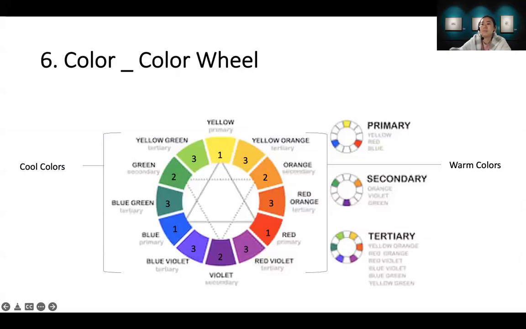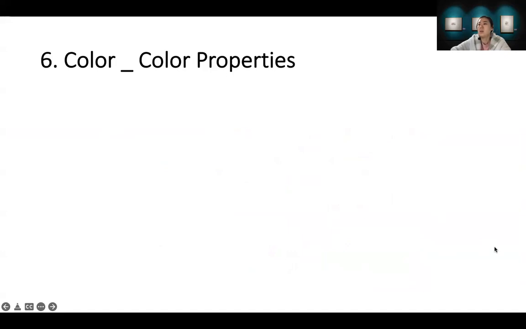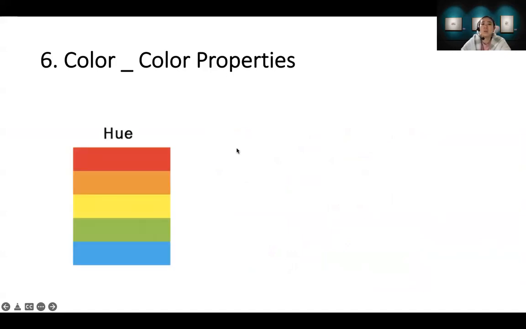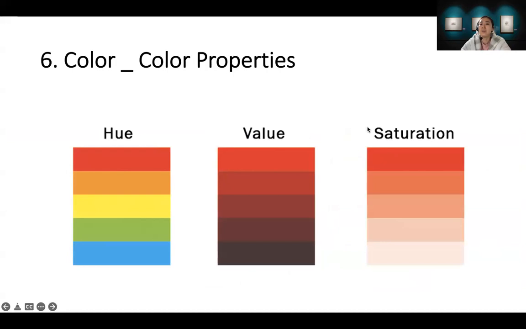And the color. There is a color wheel, and we saw primary, secondary, and tertiary colors here. Color has properties: hue, value, saturation. Hue is the name of the color, like red, orange, yellow. Value is the lightness or darkness of the color, and saturation is the purity of a color.